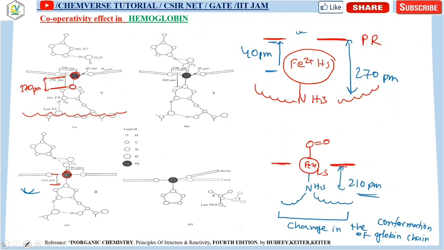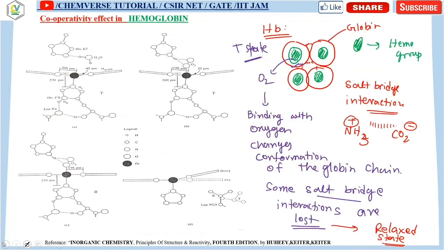Okay. Now in the previous slide I have described how the porphyrin ring is converted from tense state to relaxed state for the case of the myoglobin. Now when the myoglobin unit is present in the hemoglobin tetramer, it leads to the decrease in the salt bridge interaction, and that basically increases the stability of the hemoglobin molecule by decreasing the strain inside the molecule. So these are the facts which are very important to understand the cooperativity, because when oxygen binds with one unit of the myoglobin present inside the hemoglobin, that basically increases the stability.